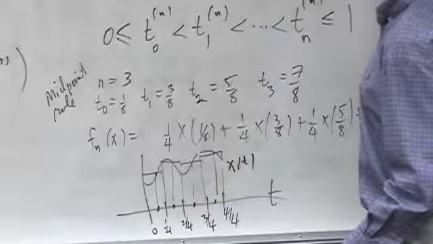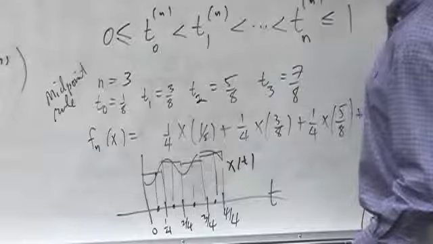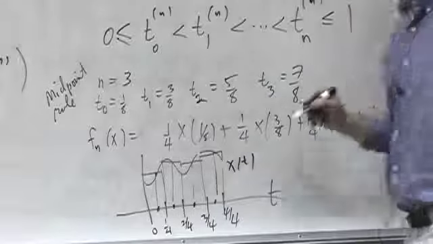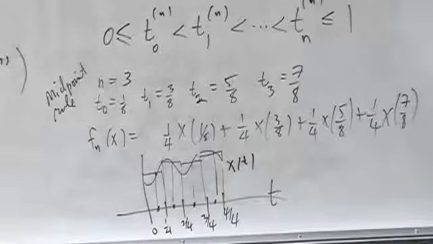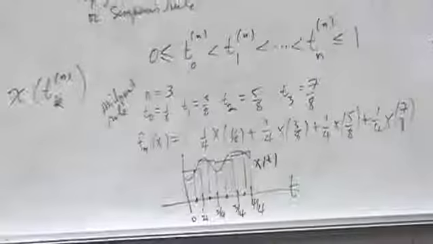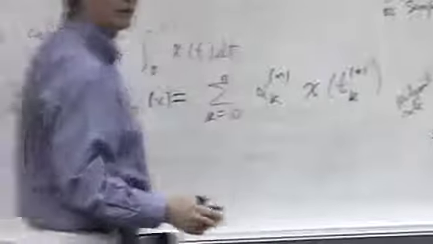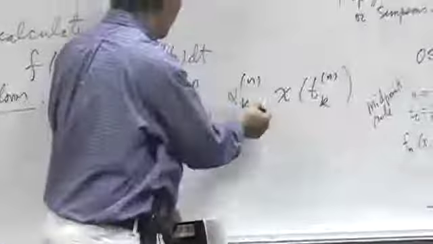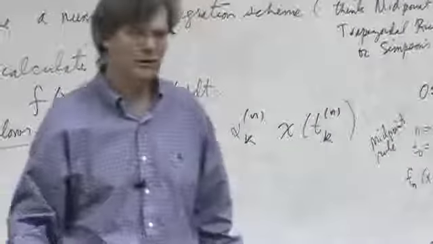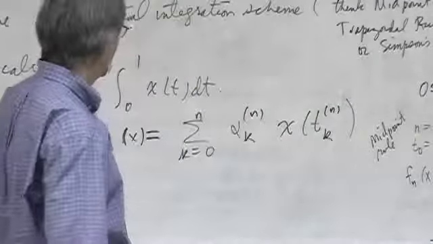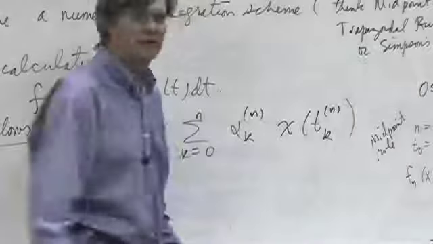T squared, t cubed. And if I take all these functions and I apply the midpoint rule to each of them, the midpoint rule is not going to evaluate the integral exactly. Right? It's only going to do it for the linear one. So what he's going to do is say, well, we have so many parameters here. We have these nodes and we have these coefficients. We have 2n plus 2 parameters.